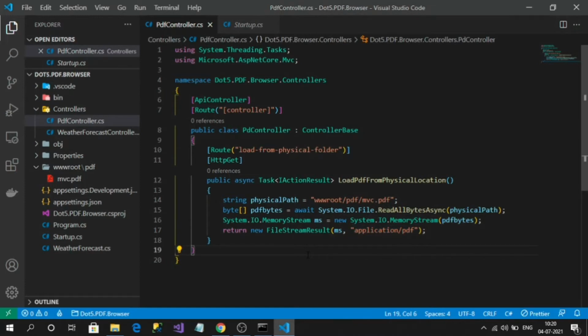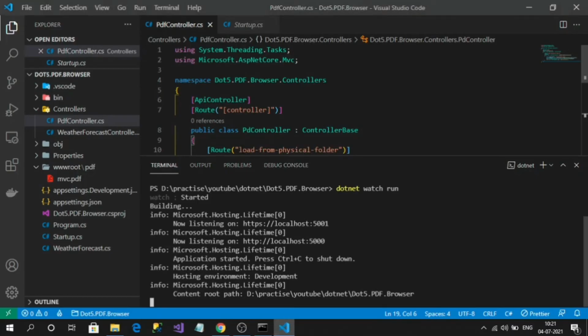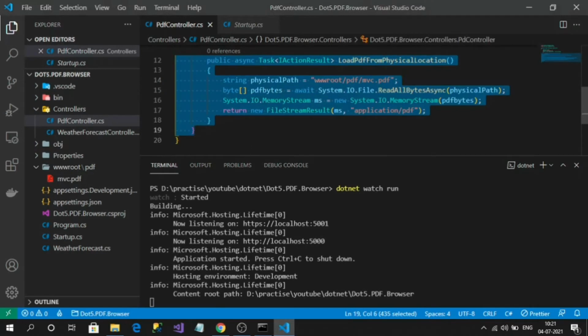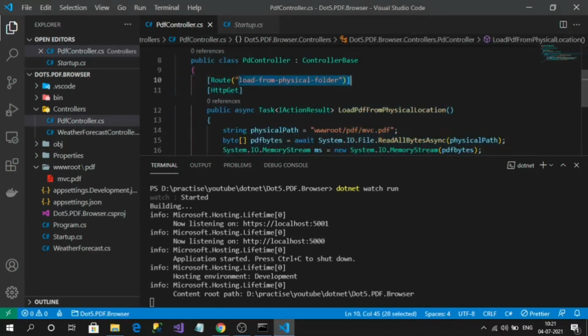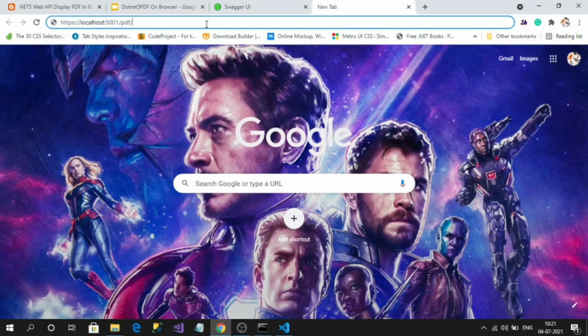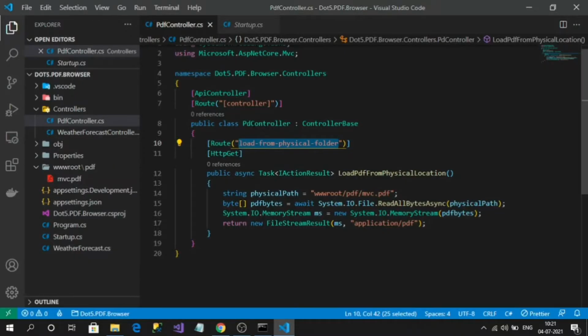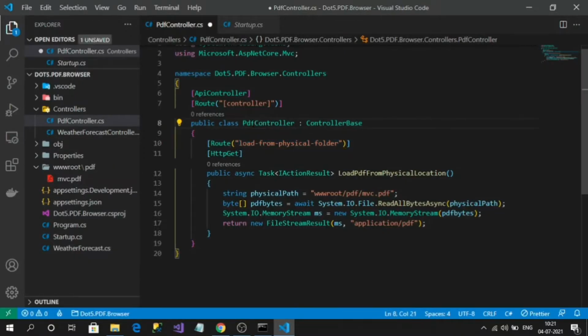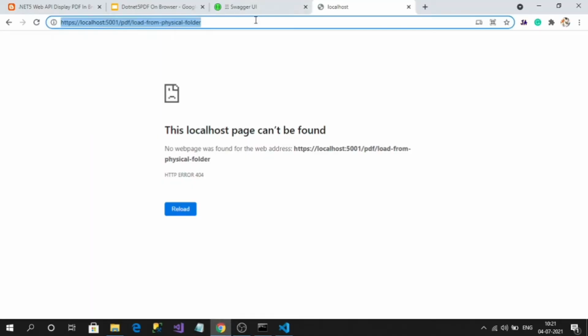Let's test our endpoint. I'm invoking my controller name, PDF controller, and my action method path name. I think it will load now.